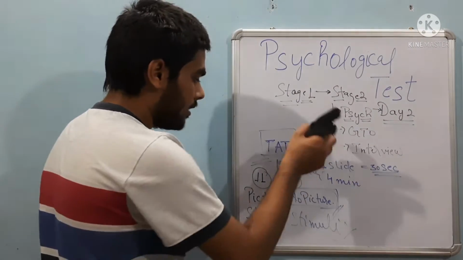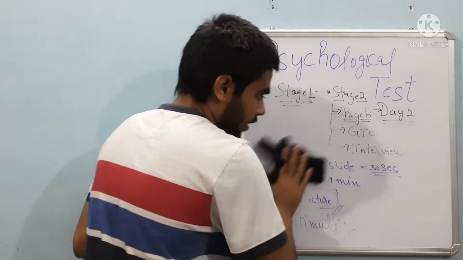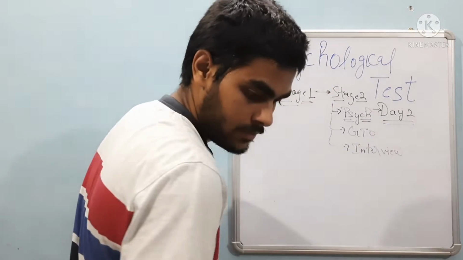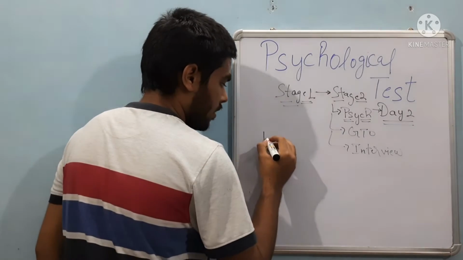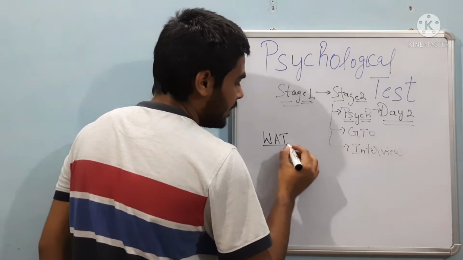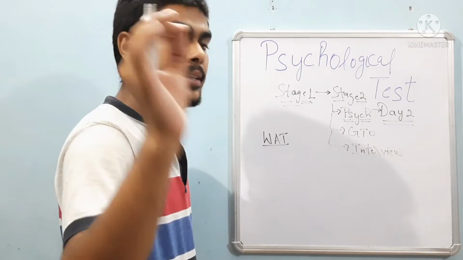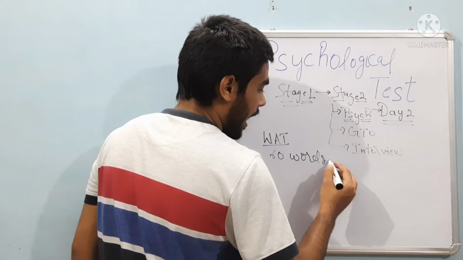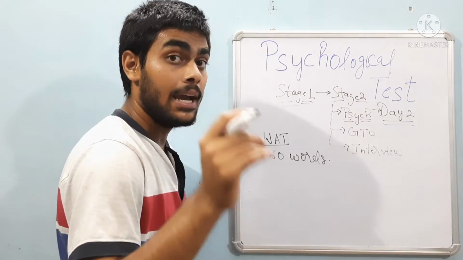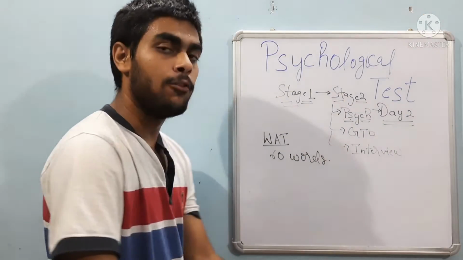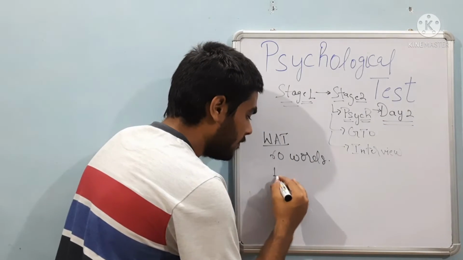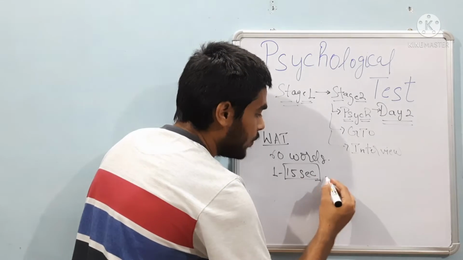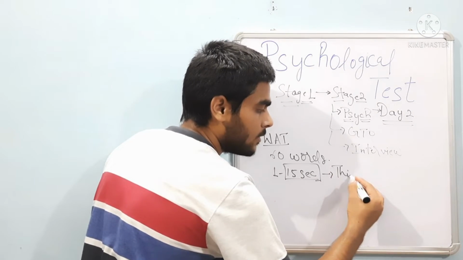After completing TAT, you have to immediately start WAT. WAT is nothing but the word association test. In this test, you will get 60 words one by one, and you will write a sentence for each word, which is displayed for 15 seconds. In these 15 seconds only, you have to think of the meaning of that word,